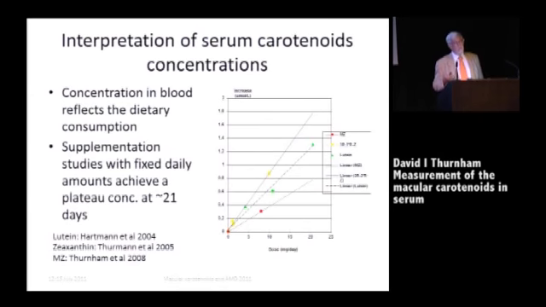So you can use the concentration in the plasma to give you some indication of how much people are consuming. And if you look at this data, you can see that the amounts Dr. Johnson was telling us about, that the consumption of lutein is around about 2 to 4 milligrams in the population, equates to the sort of concentration that you find in a population, around about 0.2 to 0.3. So it's a useful marker to interpret data.